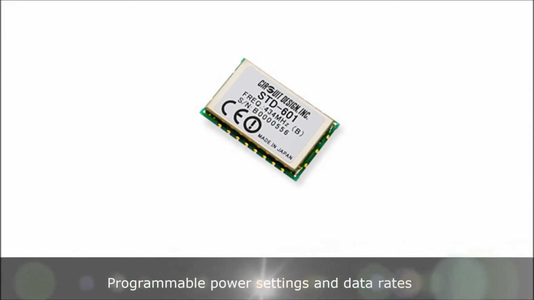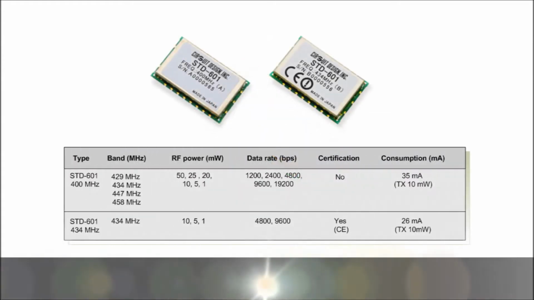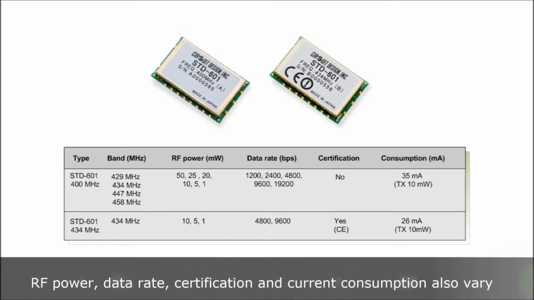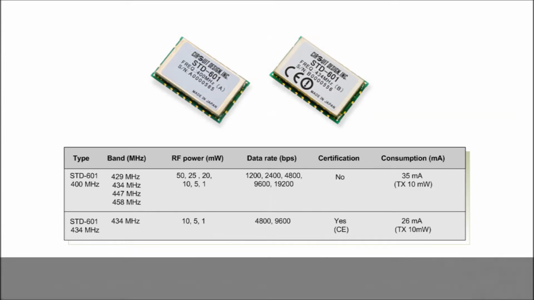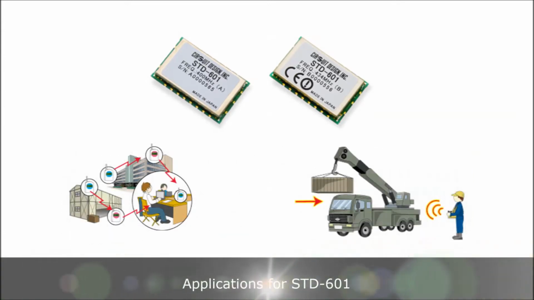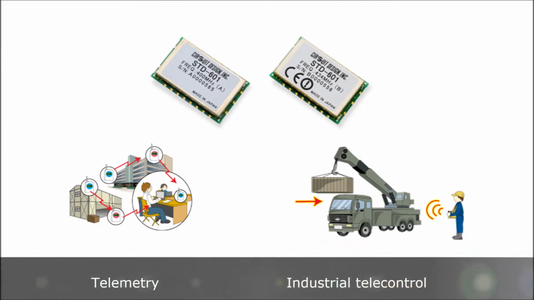It also has programmable power settings and data rates. So there are two versions available, single or multiband. RF power, data rate, certification, and current consumption vary. The applications for STD-601 include telemetry or industrial telecontrol,